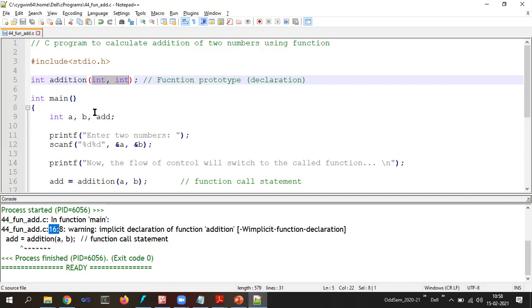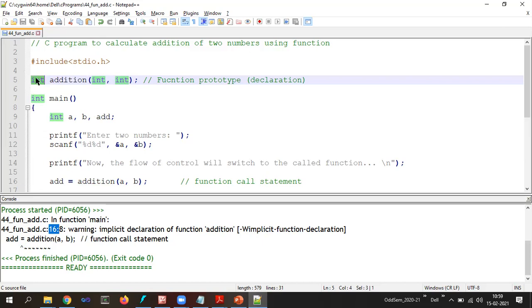Three things. We will discuss those again. First is the number of parameters. Second is the data type of each parameter and the order of the parameters, and the return type. All these things I'm going to explicitly tell the compiler, that there will be a user defined function.